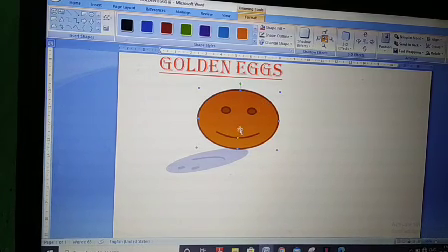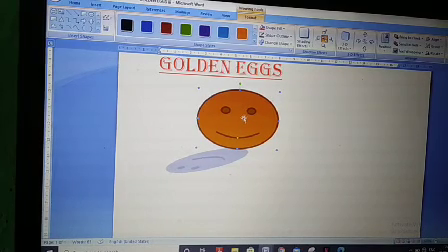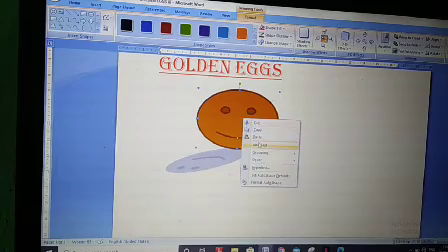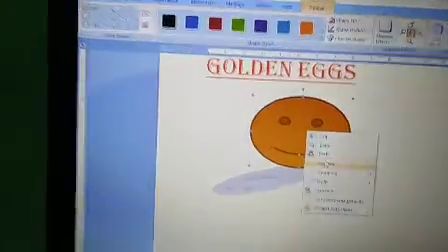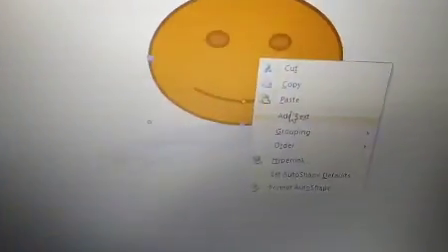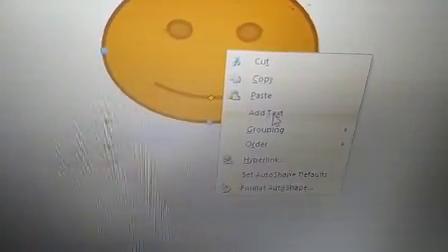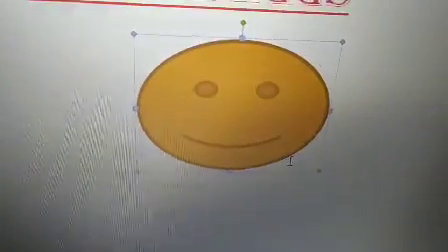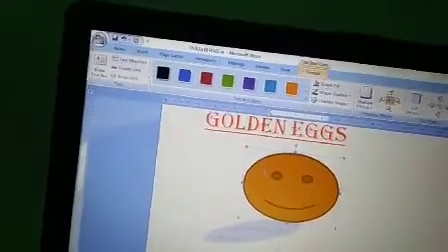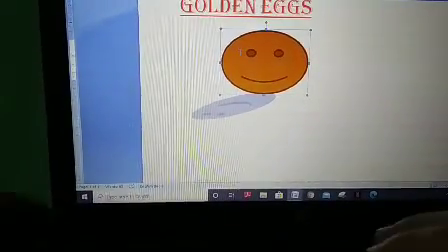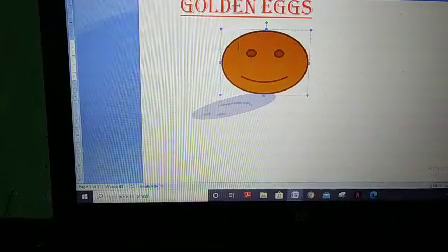And inside the shape, if you want to write something, right click within the shape, and there is an add text command. Click here. You can see the cursor is blinking, isn't it? So now you can type.